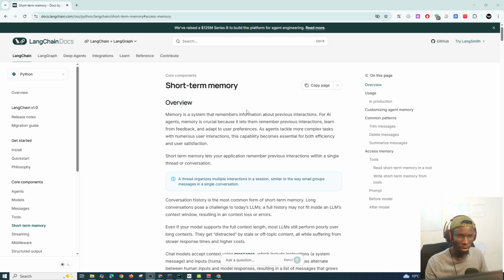The reason why they are considered long-term memory is that they do change with time, but they are not as rapid as the short-term memory,